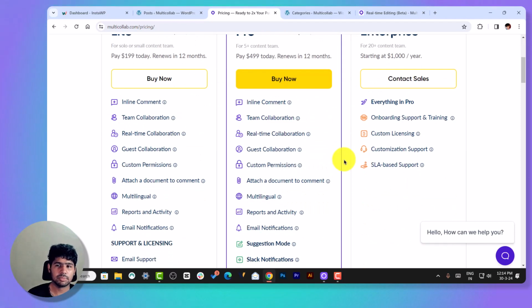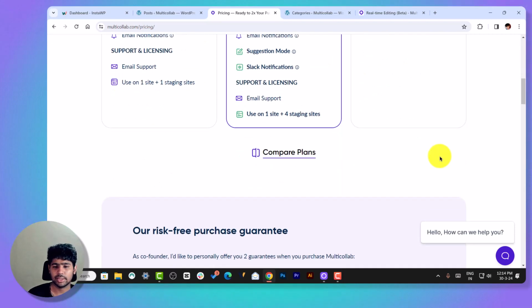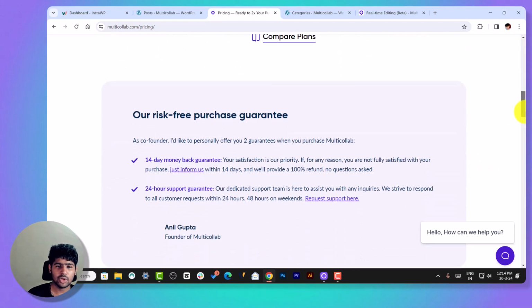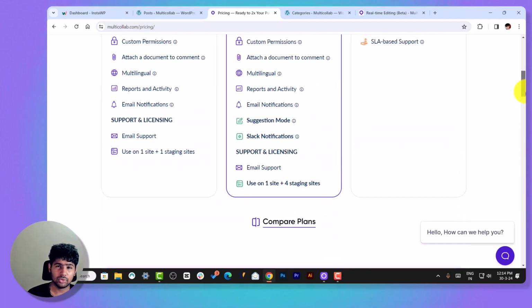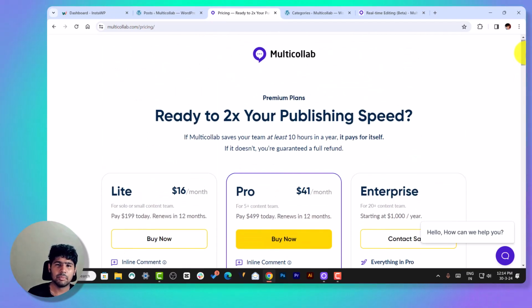You can also go with the Enterprise plan if your requirement is for more features, for example customization support, SLA based support and the like. So in my opinion, most people don't want this feature, but if you want your team to write directly on WordPress and you also want real-time collaboration on the same, then it is a very useful plugin. If you have a few authors who generally do great work and you want to collaborate with them in real time, then this plugin can be a game changer for you and can give you better value for money,